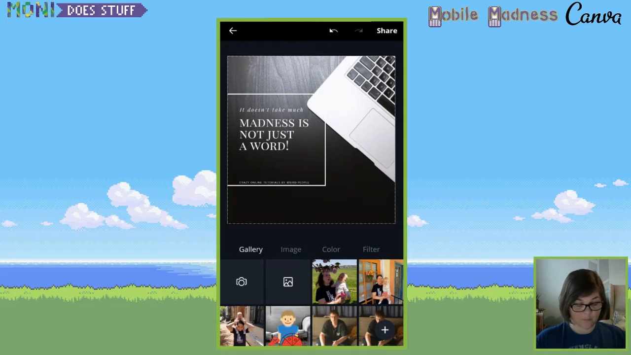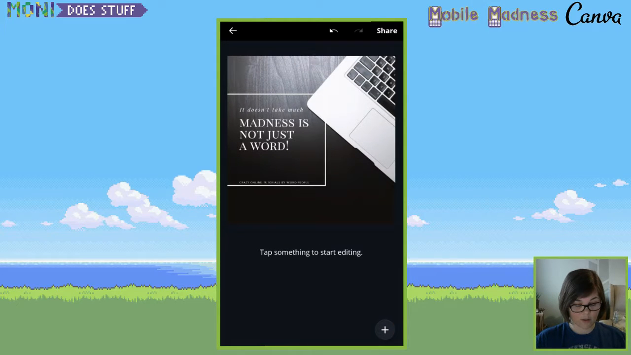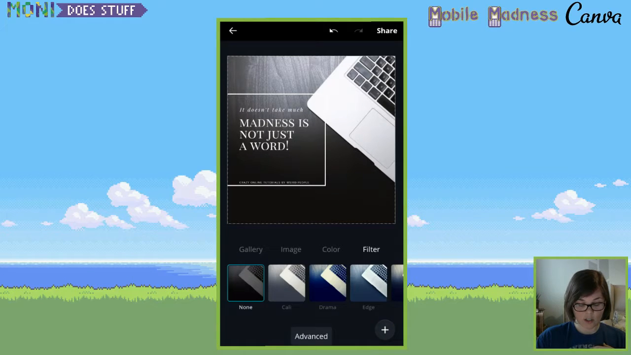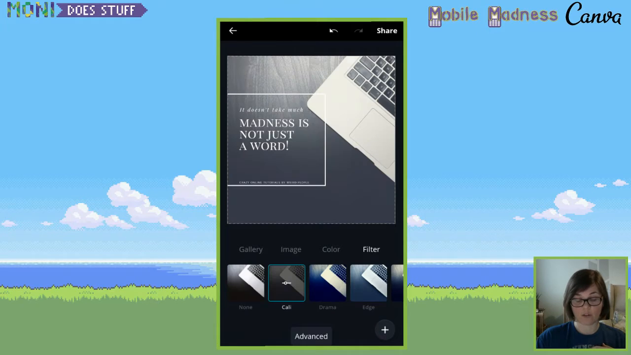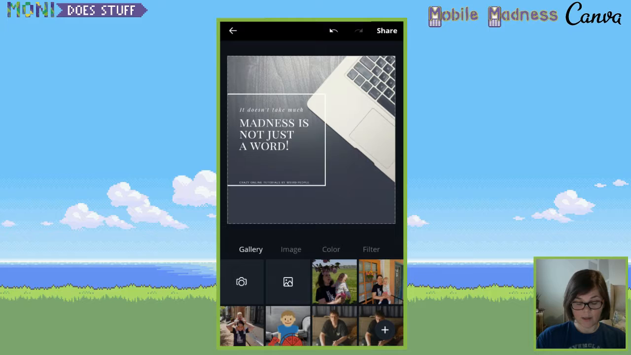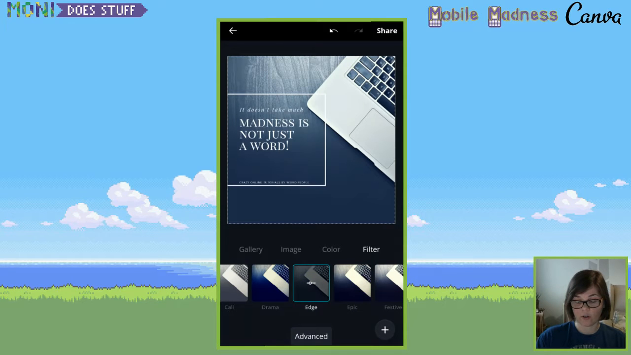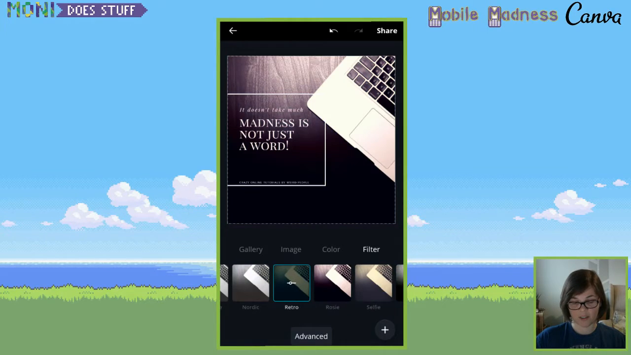If you want to change what the image looks like and add some filters, you can do that by tapping on the image and then on the filter tab, and then you can click through the different kinds of filters that Canva offers for the graphics that you're using. I kind of like the greenish one because it's so retro. Probably not that retro, but